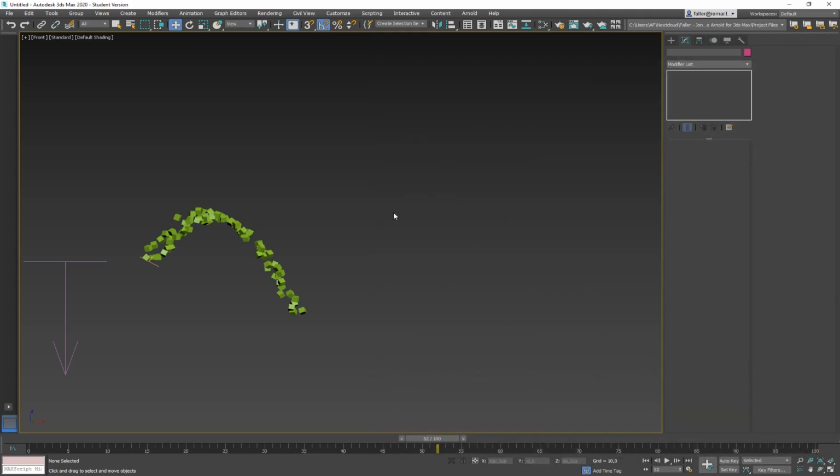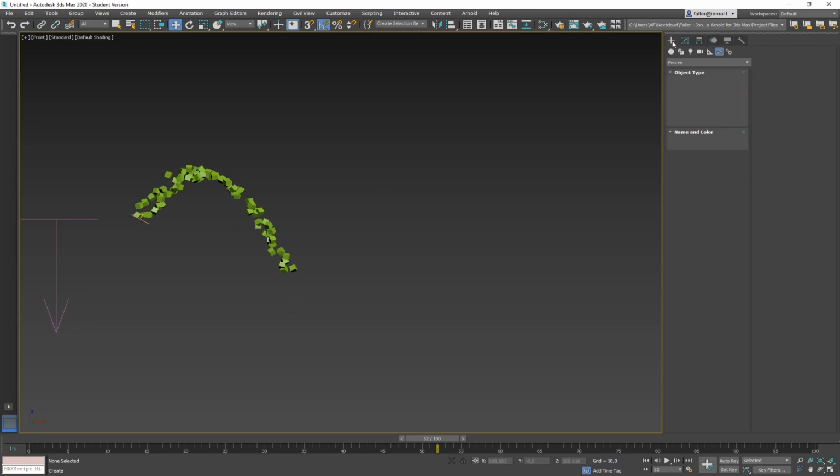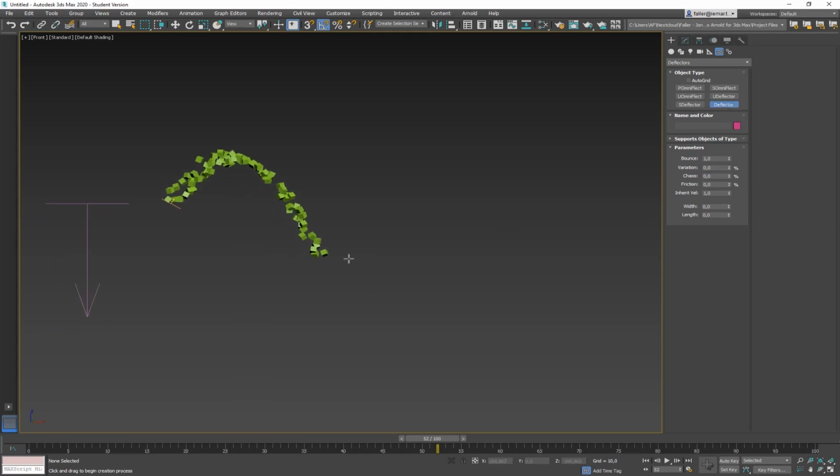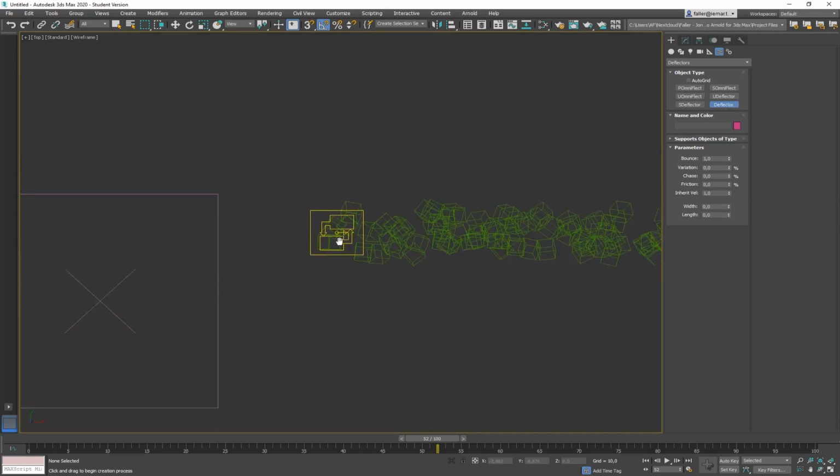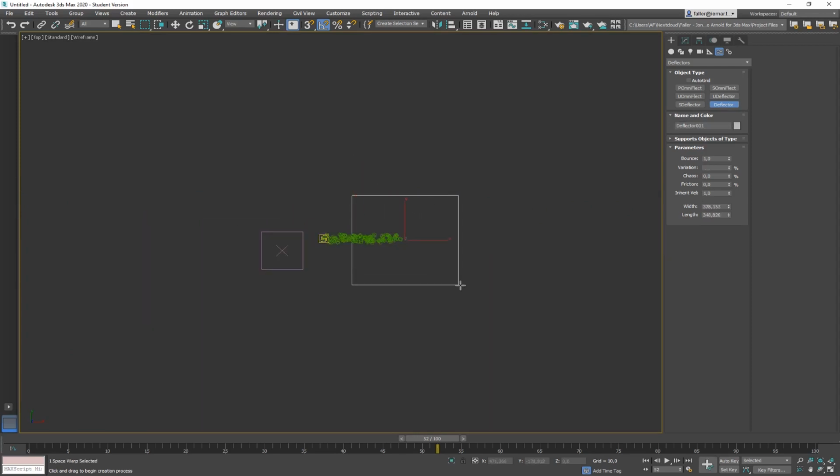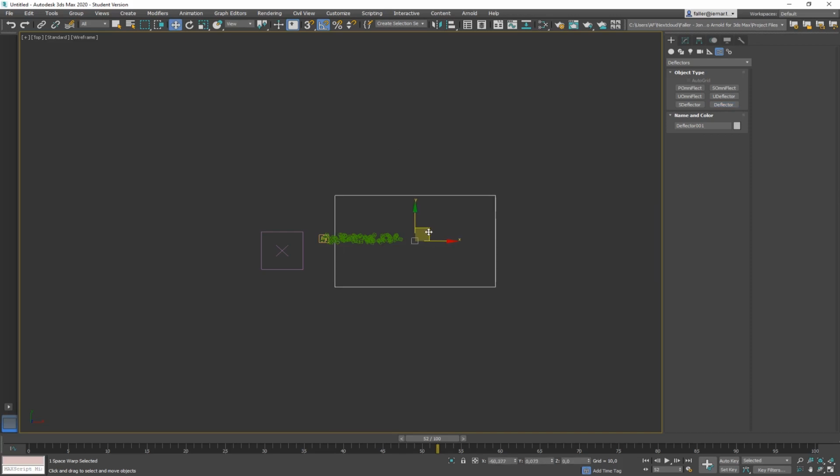As a deflector, and I'm going to close it here. Here under Create, you will also find deflectors. So under the space warps where we have forces right now, here are also deflectors. And let's pick the deflector without anything, U deflector, Omni deflector, and so on. Just a regular deflector that is a plane. And I'm going into top view, and I'm going to create a large enough plane to place it just like a ground plane here where my particles would fall down.